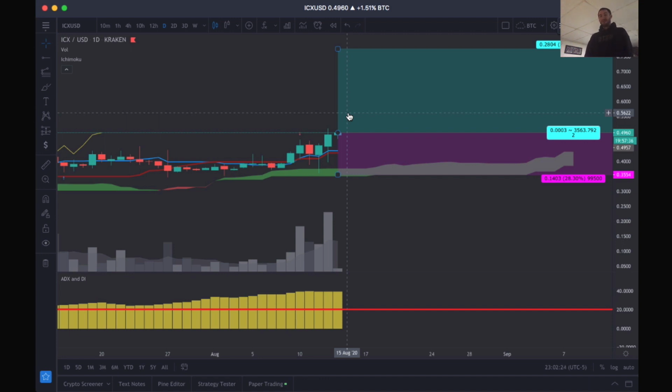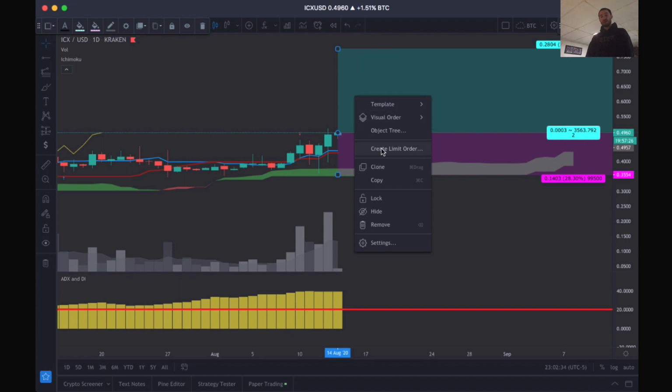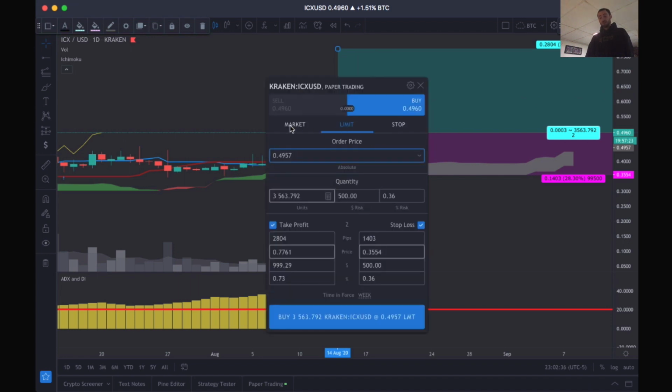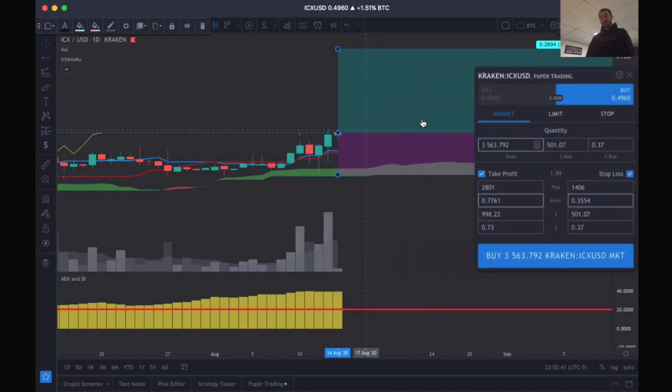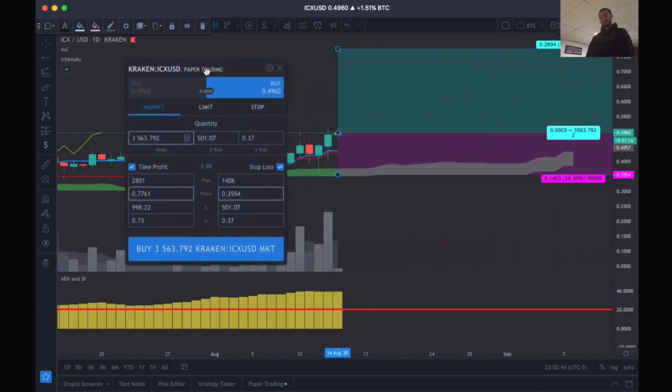cryptocurrency is incredible in that you can take a small amount of money. For instance, let's say we were to actually take this trade right now. So this is me doing the paper trading. I would say market because I'm ready to buy right now. And what this would mean is,